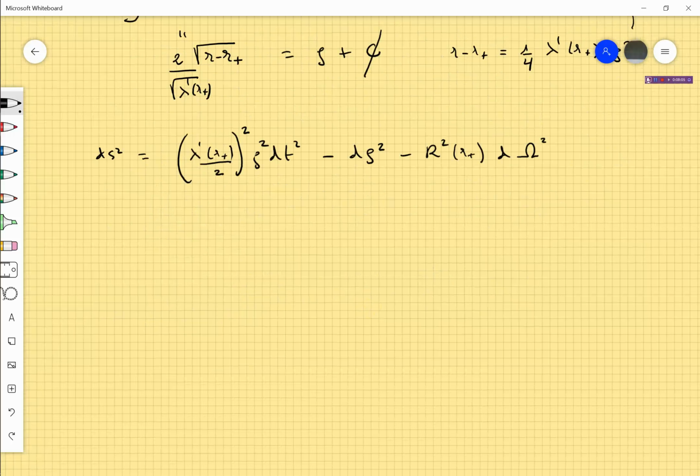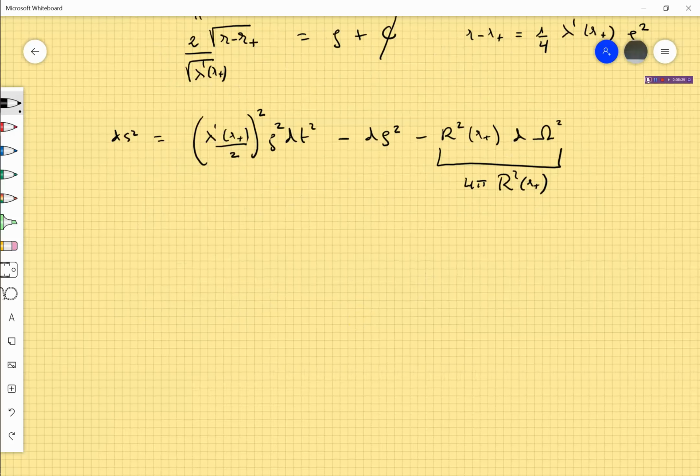And now you can compare this metric with the metrics you know, and you conclude that this is the metric of a two-sphere of radius capital R evaluated at R plus. This will be the radius of the, well, better said, the horizon will have an area 4 pi R squared of r plus. This is the meaning of this. Okay, it is spherical, and